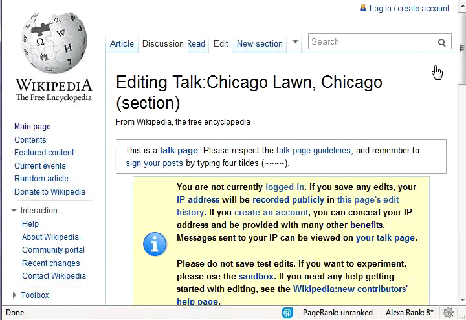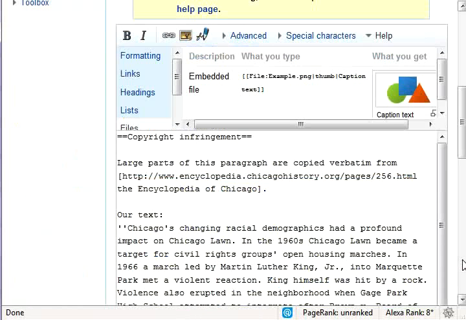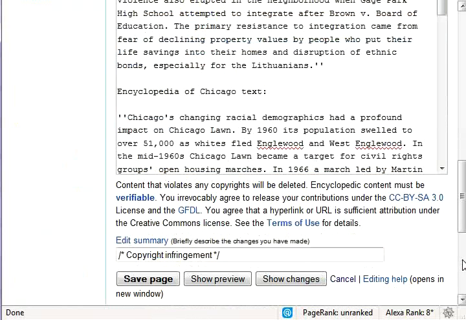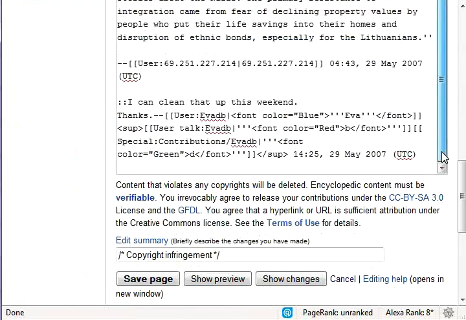It could be something like, I found this blog that has a lot of information on different dog breeds. You could say, I'm kind of new to editing. Would this be a worthwhile source to quote in the Wikipedia article? If so, let me know and I'll go ahead and do the work. And then you put a link to your blog right in there.